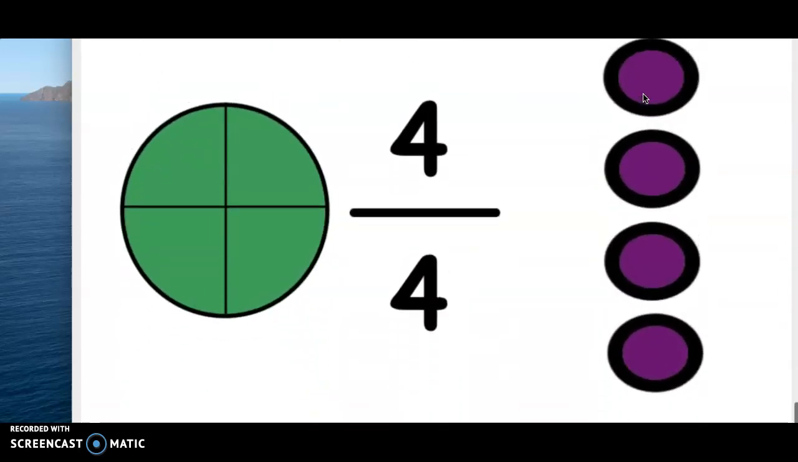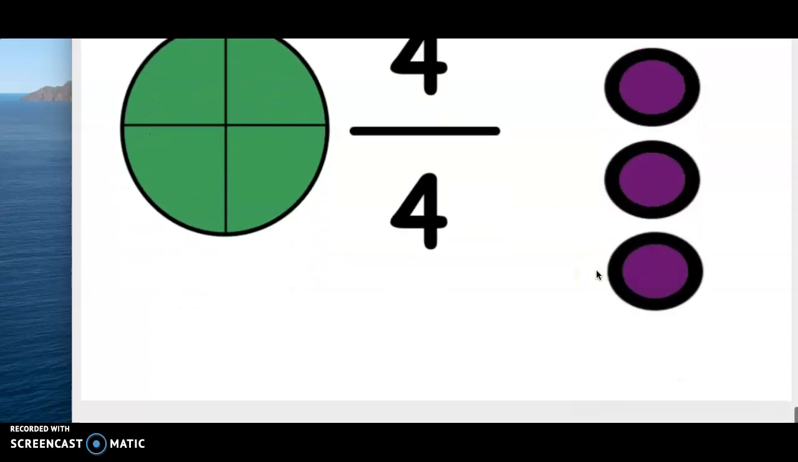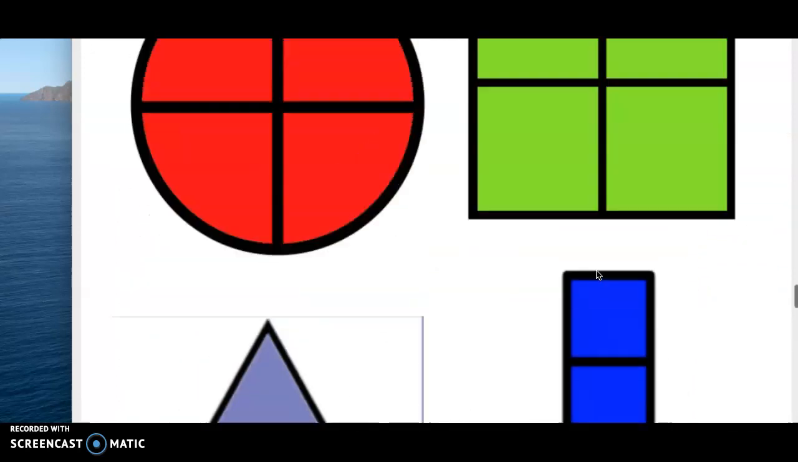Let me go down here. 4 parts again, right? 1, 2, 3, 4. So my top number is 4. My bottom number is 4 because there's 4 colored in out of 4. And over here I got 4 purple cookies out of 4. So if I gave all 4 to you, I gave you 4/4. Okay? Let's go back up a little bit